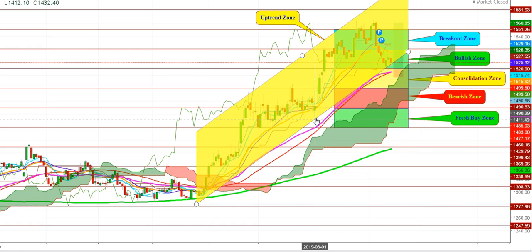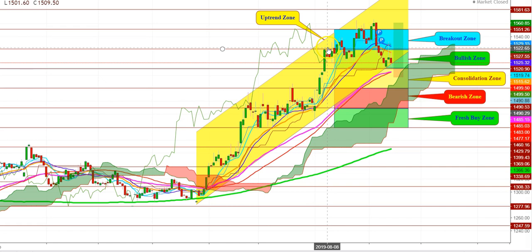But since then we have seen a bounce back in gold futures when the gold futures touched the highs of $1522 on August 7, 2019. And since then we have seen the gold futures consolidating amid this zone from bullish zone to uptrend zone, where here you can see that whenever the gold futures bounced above the level of $1551, we have seen some selling pressure in gold futures, and here I find the same thing happened on September 3rd, 2019